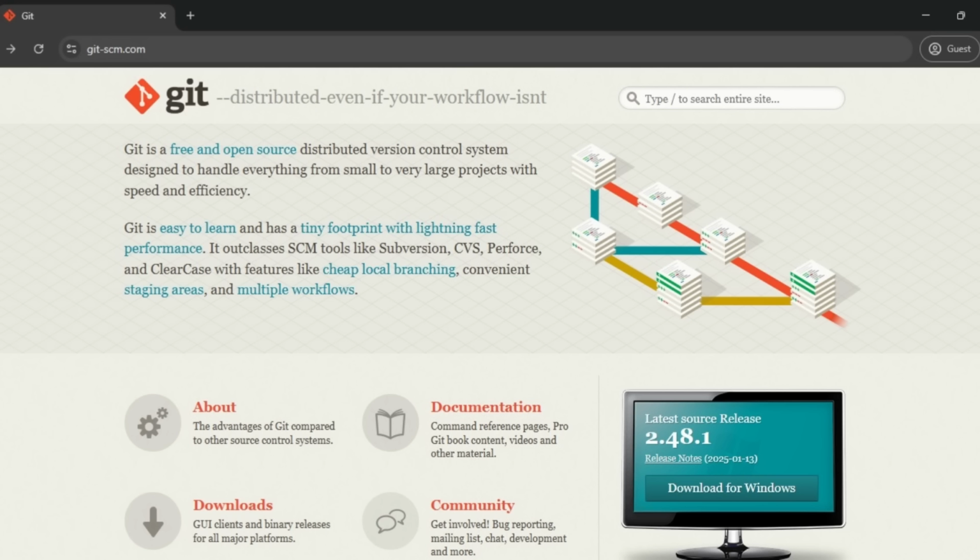There are versions of Git available for all popular operating systems. So before we get any further, let's get Git installed on your computer. Once it's installed, you'll be able to use it from the command line, just like any other tool. On Windows, after downloading and executing the installer, you'll need to go through a bunch of different configuration options.